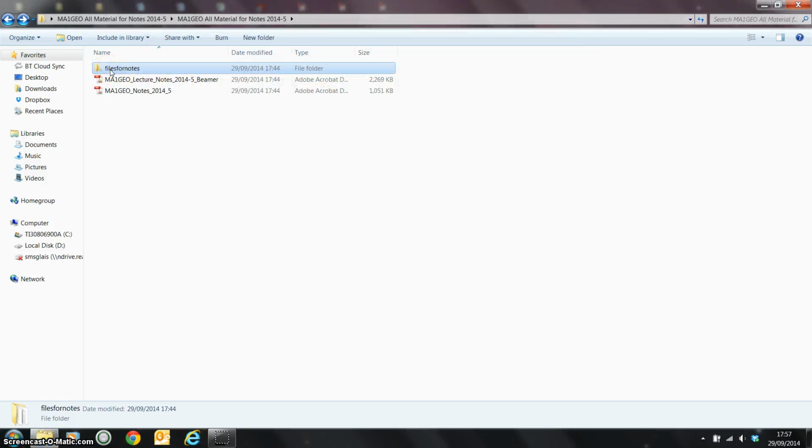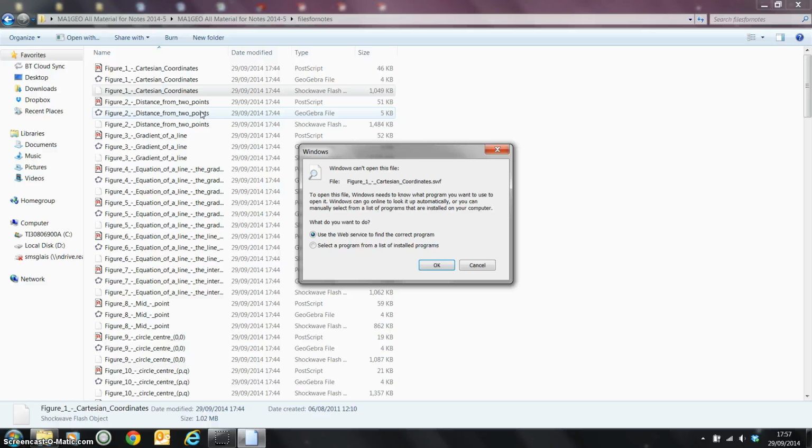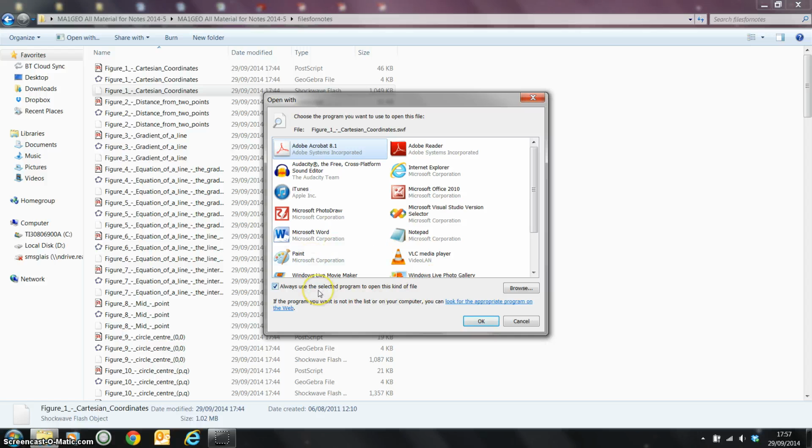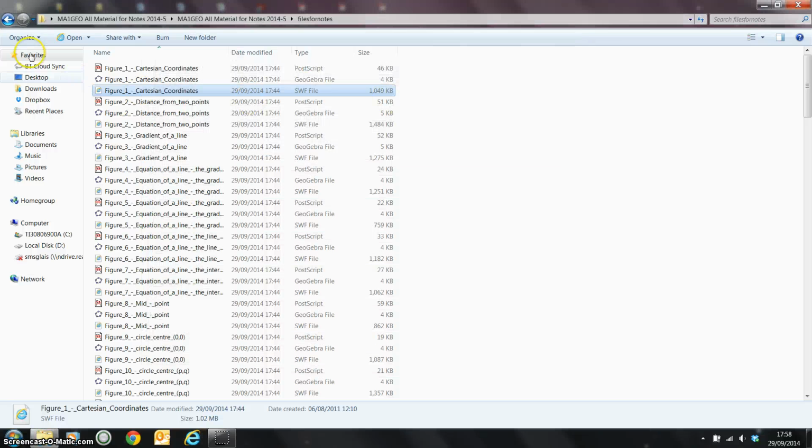In order to associate all the Shockwave files with Internet Explorer and Flash, within the Files for Notes folder, double click that. Pick one of the files which is a Shockwave as described here. Right click that, open with, and it says select a program from a list of installed programs. So select that, click OK, and if you always want to associate the same program to open those files, use the checkbox, and I'm going to use Internet Explorer, so I'll select that and click OK, and it will open it. We don't want that now, but we can access that from the Notes file, so I'll just close that